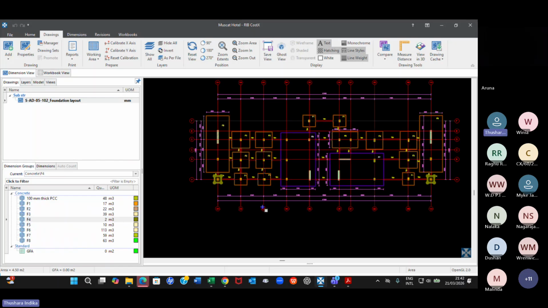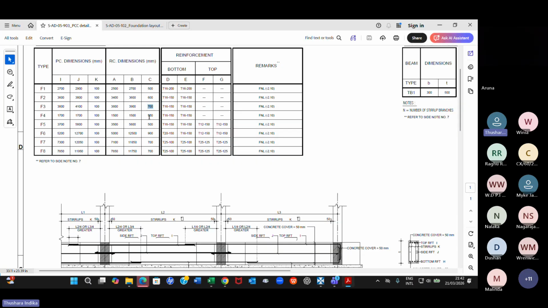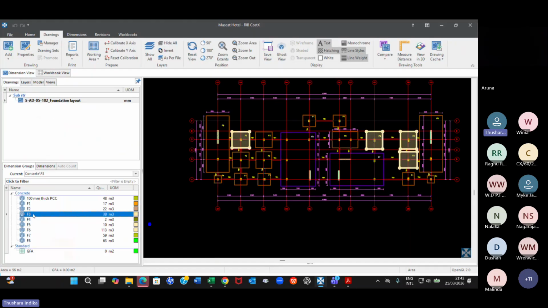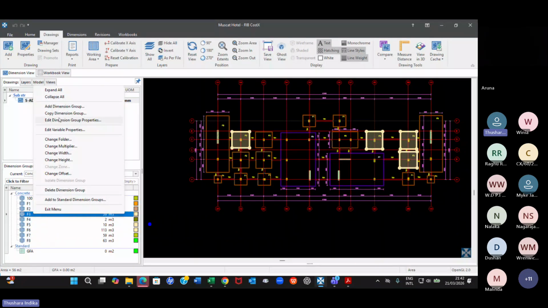Okay, after F3, you didn't hear the sound. Okay, no problem. F3, okay. When you measure F4, same thing, right? You check the thickness of F4. F4 is 500. So you create a dimension group called F4 by making a copy of F3, copy dimension group,